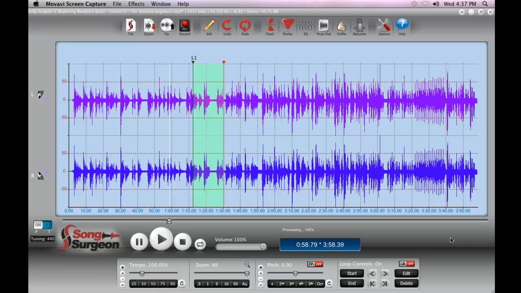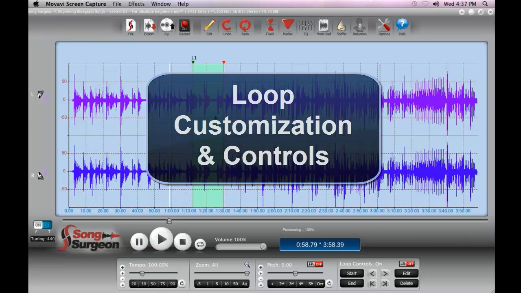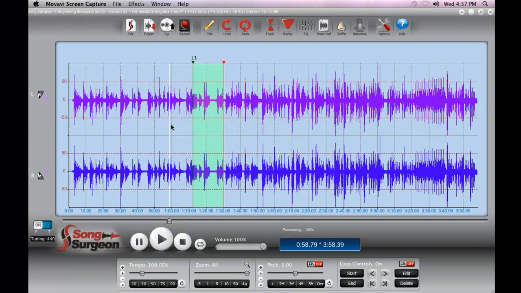This training video for SongSurgeon version 4 for Mac is on the loop customization features found in SongSurgeon. So I have a loop set up on my screen. Let's drag the progress indicator here to the middle of that. We can do that in a number of ways. If we just click down here, it'll reposition it, or we can grab it with our mouse and we can